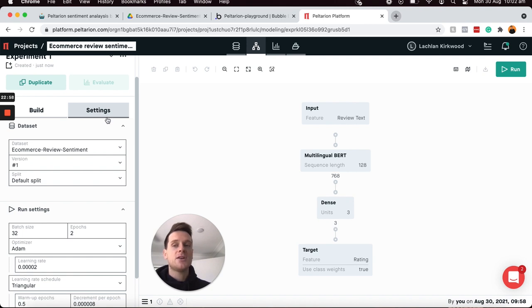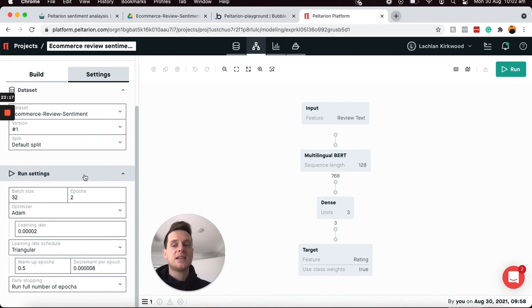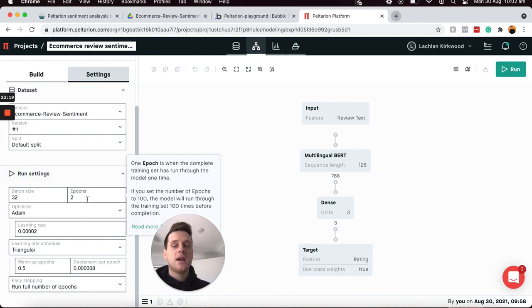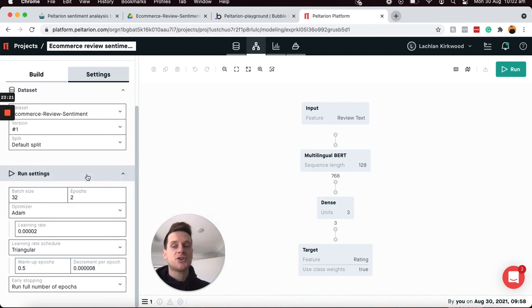So under this menu, you'll see the option to customize the dataset, which we had already done. So I'm not going to make any changes to that. But if I scroll on down, you'll see the run settings for this model. And this is where I'd like to make a few minor tweaks. So within the run settings, what you'll notice is that the batch size is listed as 32 and the epochs